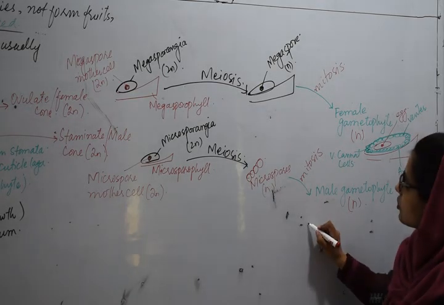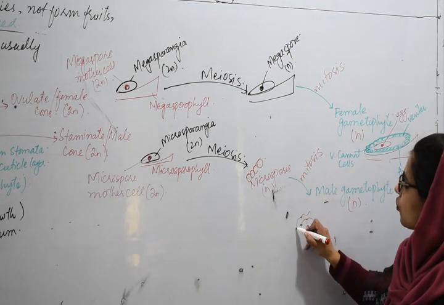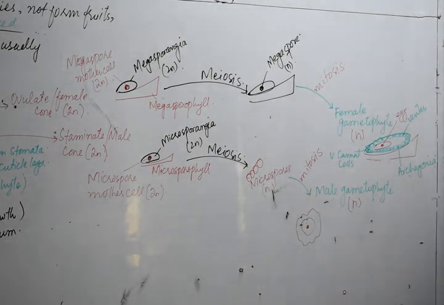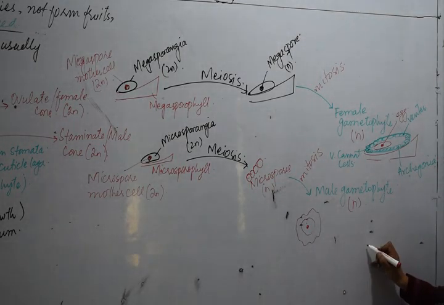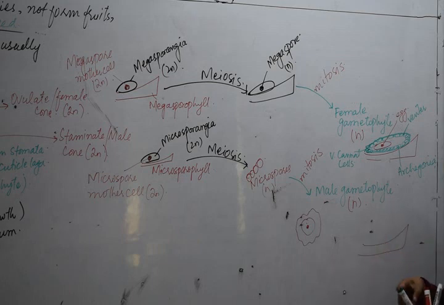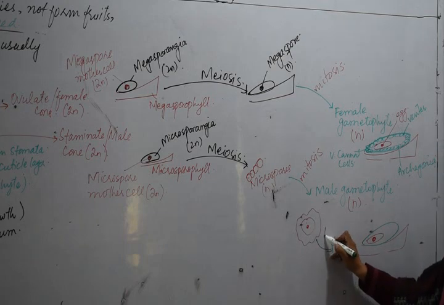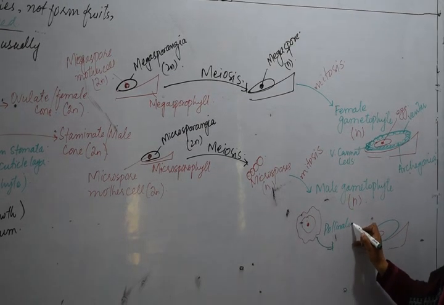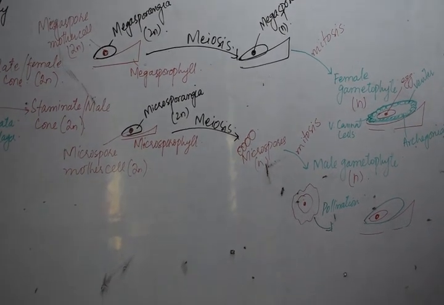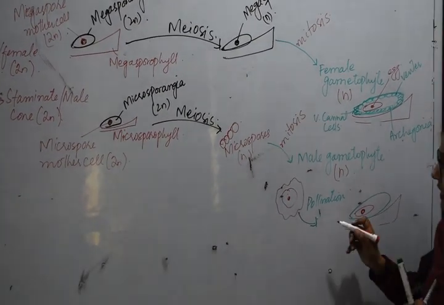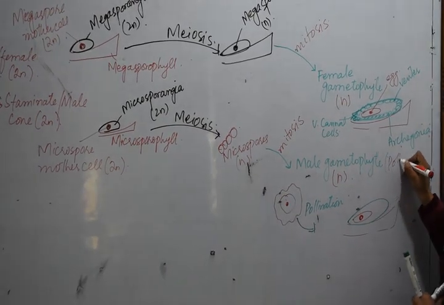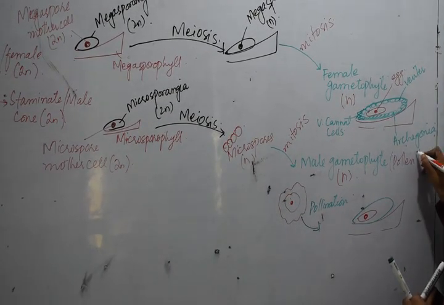While we have discussed the microspore, that the microspore contains 2 walls, intine and exine. When it moves towards the archegonia, which contains the egg, upon pollination, and the pollination is anemophilous, ठीक है, ये wind के through इस archegonia के पास आएगा, then it will develop into a male gametophyte, that is the pollen tube. So it will develop into the pollen tube.